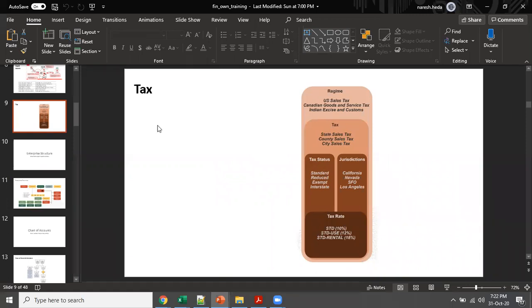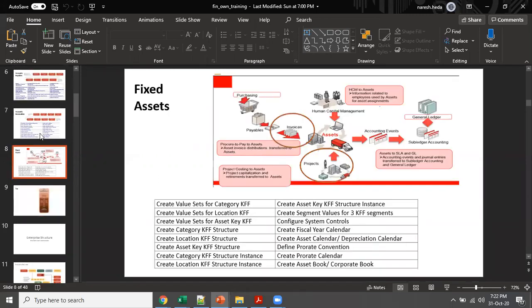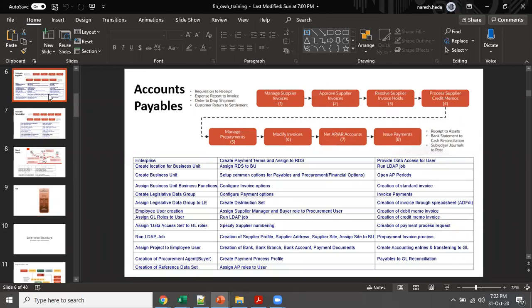Then I guess you will be in a better position to connect tax theoretically with the Fusion instance. So whenever we do any advanced concepts in payables, receivables, or fixed assets, first we will discuss those concepts. Then only we will go into the system and do the setup.